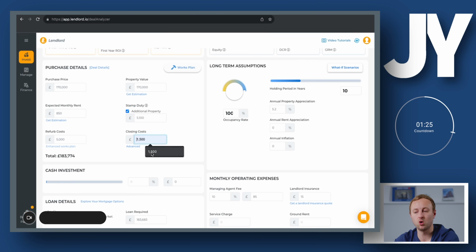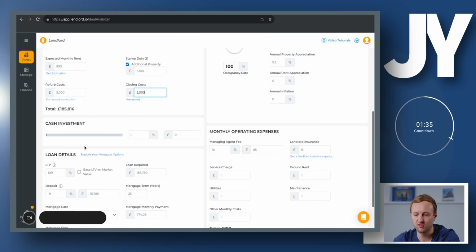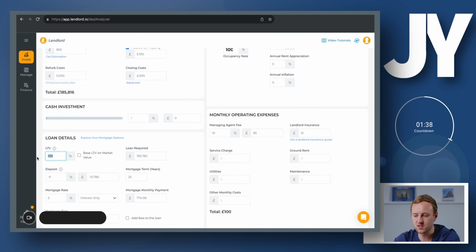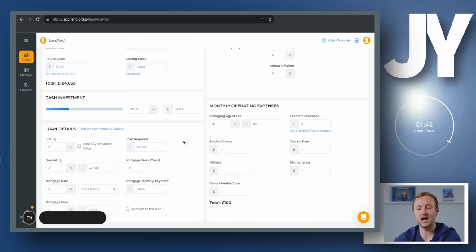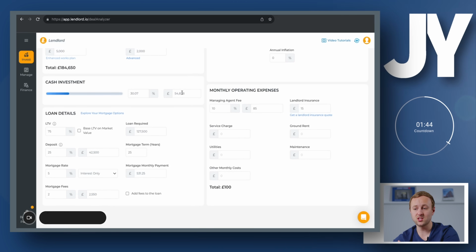Closing costs is what's getting the deal done. I always put in about 1,500. If you want to feel really safe, put £2,000, but it's more like your legal fees. Let's put £2,000 just so we feel extra comfortable. So again, loan to value, we're going to go for 75%. So we know that the total cash investment, see how quick that is, by the way, is going in